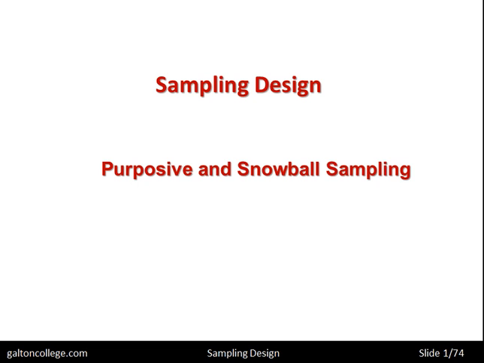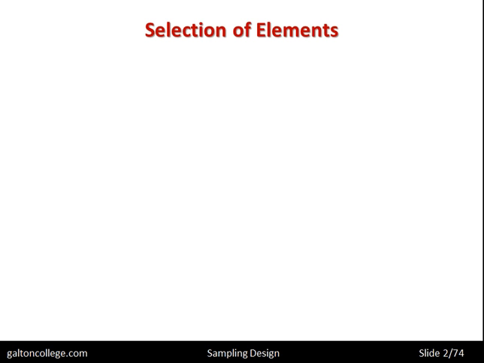In this class we're going to look at purposive and snowball sampling and have some wider comments on sampling in general. So to start, we'll look at the elements of selection. First of all, we're talking about sampling, and we're trying to derive a sample from the population. And the idea of sampling is to save on costs. To sample the whole population, which we call a census, and I'll mention it again in a second,